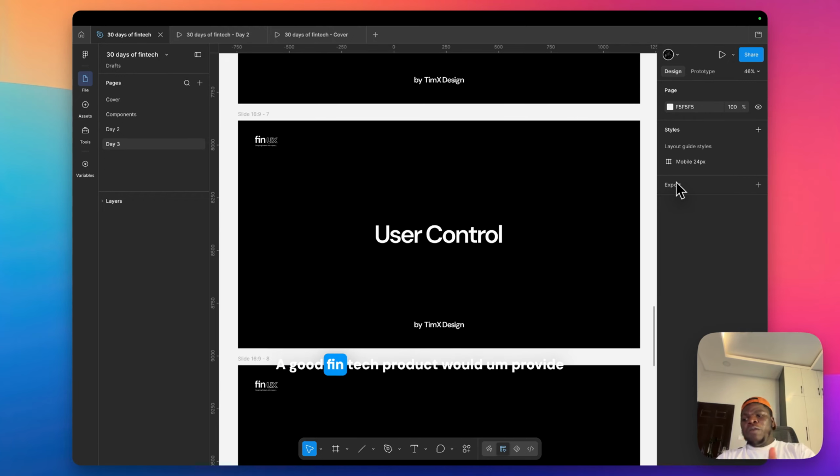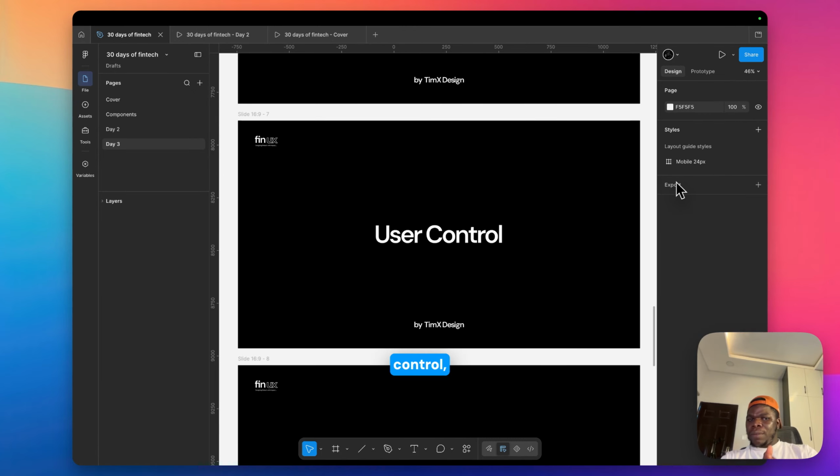All right. A good fintech product would provide features like being able to hide or show your balance. That's for privacy. That's control. Control of privacy. Right. A good fintech product would provide options for you to be able to freeze your account. Nowadays, I think a couple of fintech products do it, where maybe you are starting to get unusual debits. You could just freeze your account at a go and then figure out what was wrong and then unfreeze your account. Yes, also freeze your cards. Maybe you are getting unusual debits from a particular card that you lost or something. You should be able to freeze it.